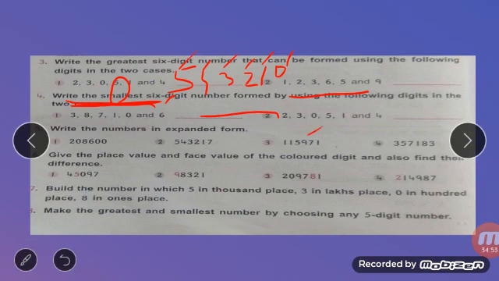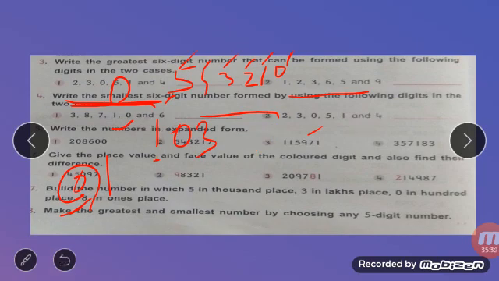Okay, so here also you have to write the smallest, then start from small. The smallest means you have to start from 1, children. After 1 comes 0, because before the number 0 has no value. After writing any number, then only you have to write 0. 1 0 3. If you write 0 1, then this has no value. So 0 means nothing, no. When we add 0 after any number like 1 2 3, it has value. So 1 0 3, then 6 7 8. Because we have to write the smallest form. Same way you have to do this.